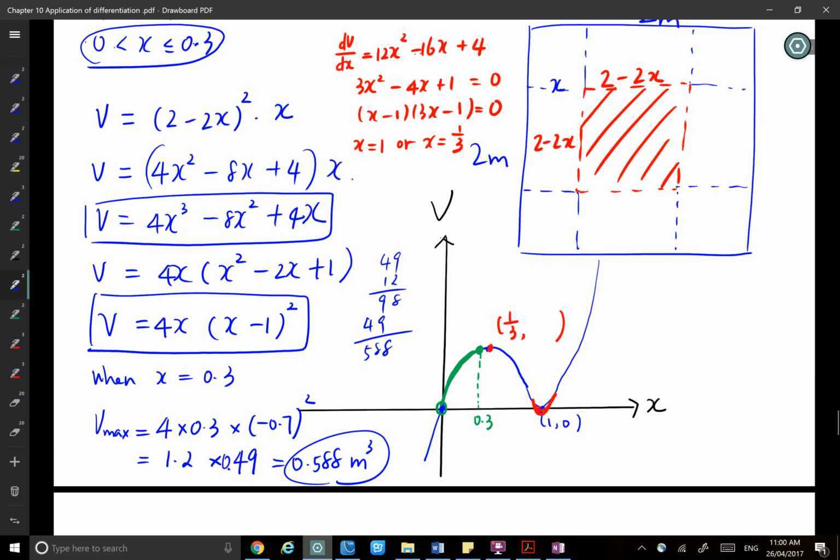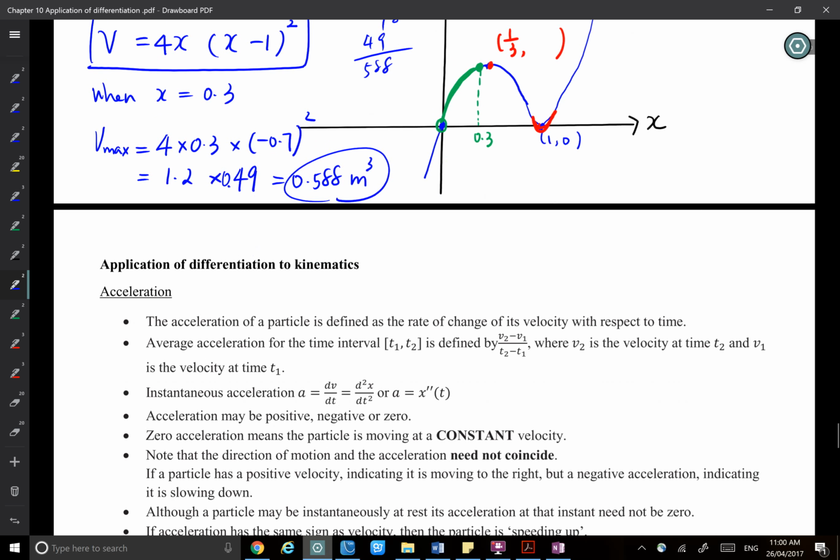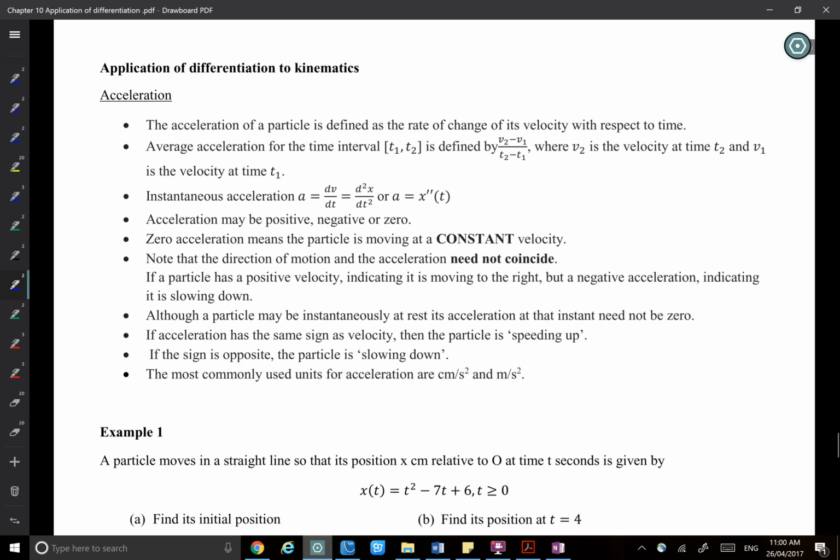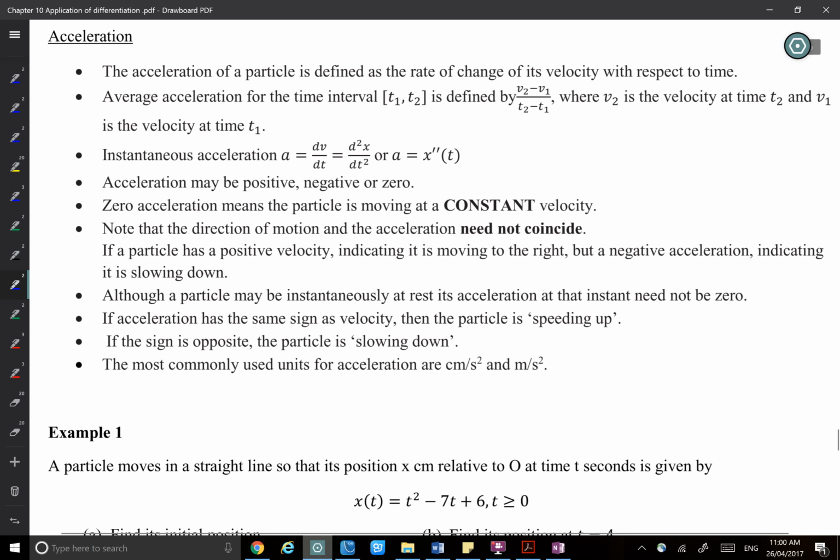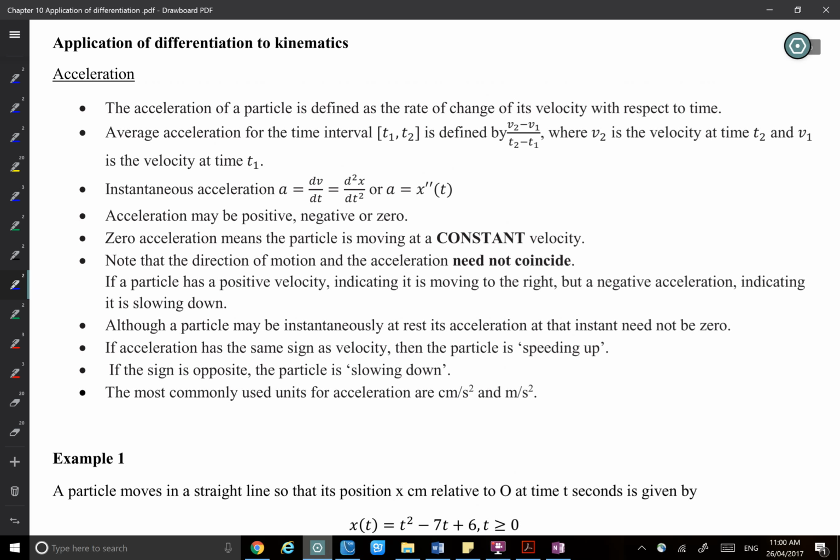Okay, that's example 4. Okay, next one. Next one is the application of differentiation to kinematics. One formula I want you to write down is average